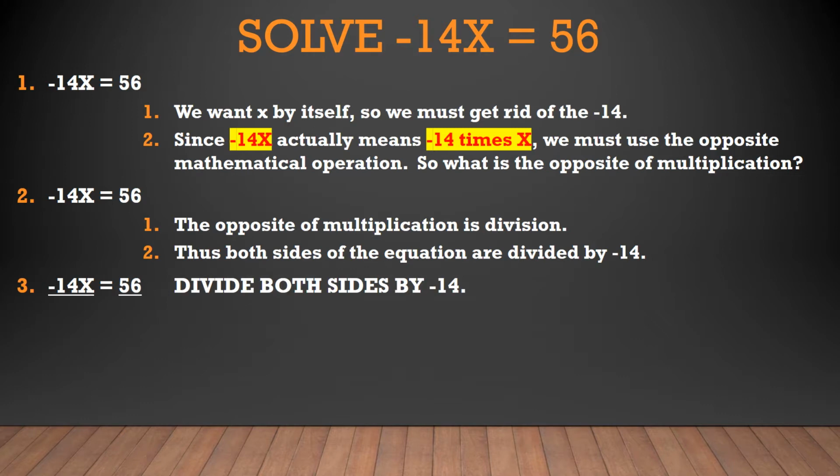And so here's our equation, negative 14x equals 56. And here we are dividing by negative 14 on both sides. So on the left side of the equal sign, those negative 14s actually cancel, because negative 14 divided by negative 14 is equal to 1x, which is plain old x. And then 56 divided by negative 14,